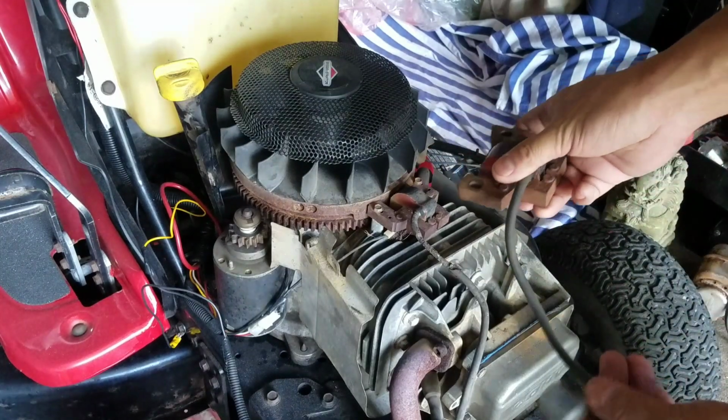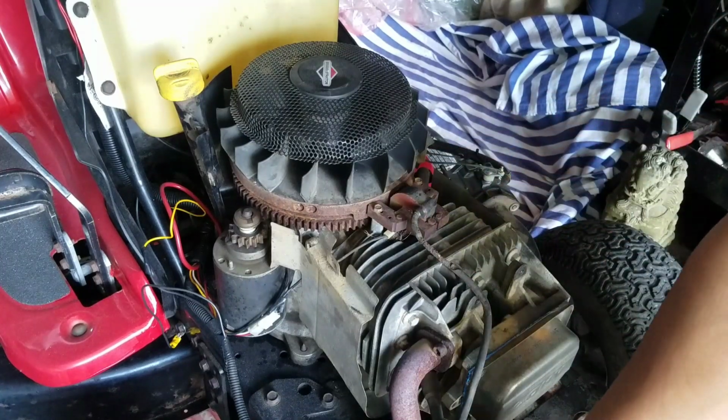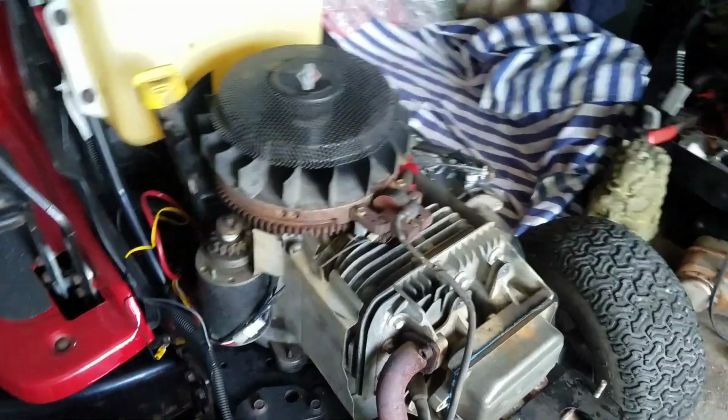So I'm just going to rule things out and put this one on, because it still doesn't run right. I still haven't gotten the carburetor yet, so I'm just trying different things. Another interesting thing is